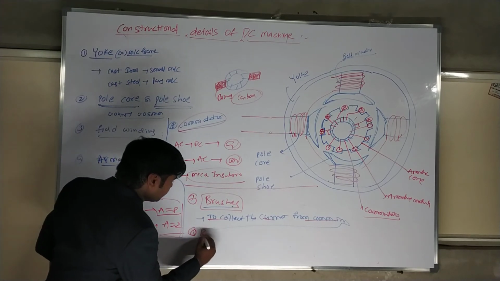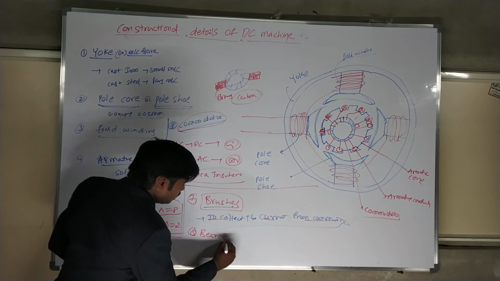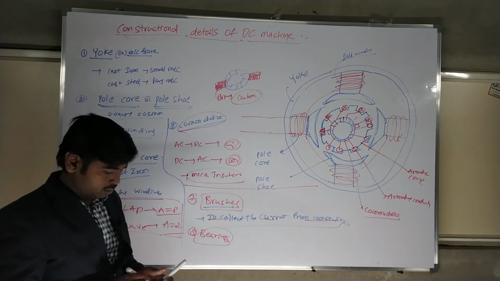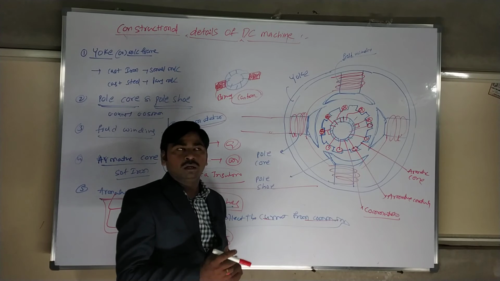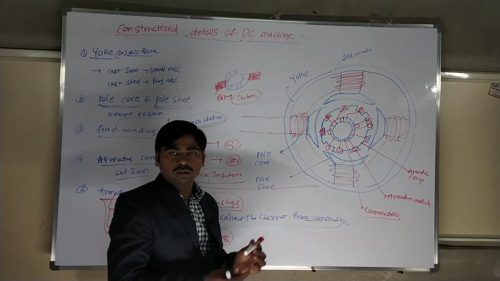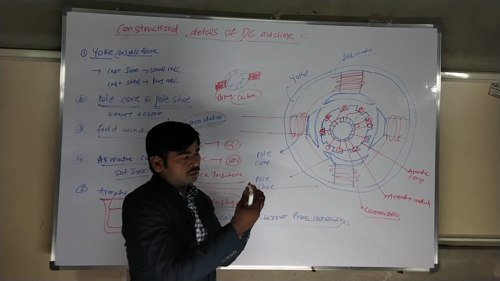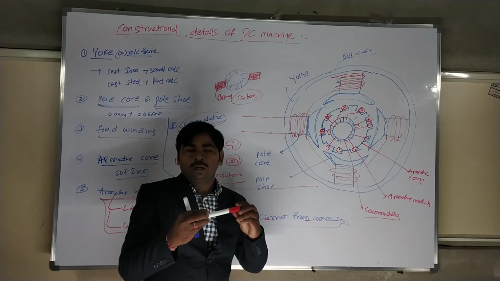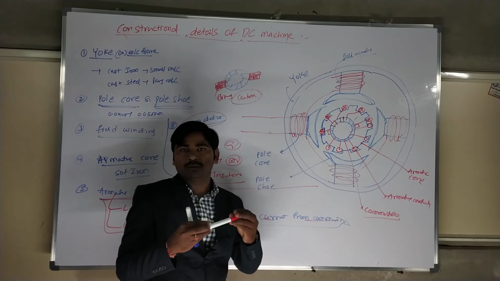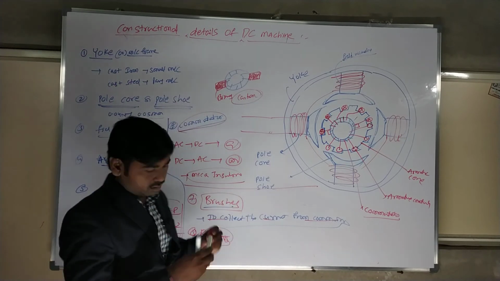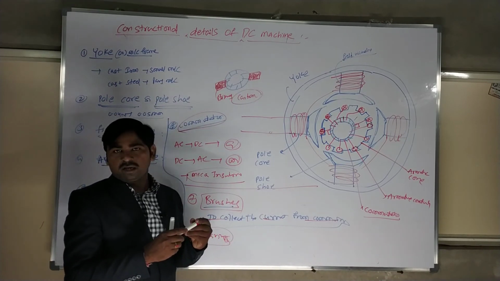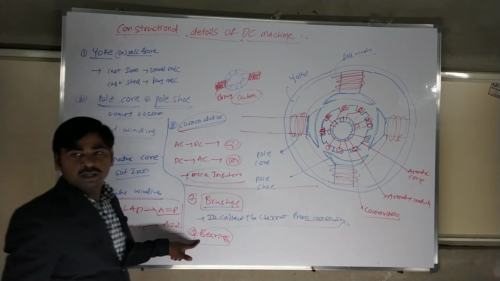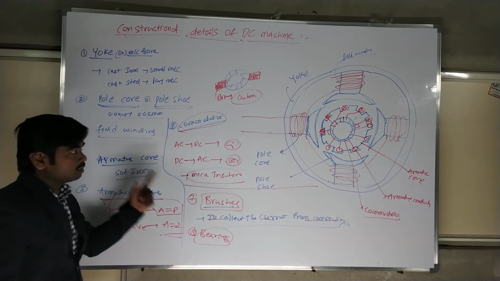After this, the last topic, the bearings. Write down bearings. The purpose of bearings, as we know very clearly, is to reduce mechanical friction and to support the armature core shaft. This is a shaft. The bearing should be kept at the end of it to reduce mechanical friction. The bearing reduces the friction, so the rotor shaft rotates very easily, in a smooth manner. That's what the bearings are used for. This is an important point.